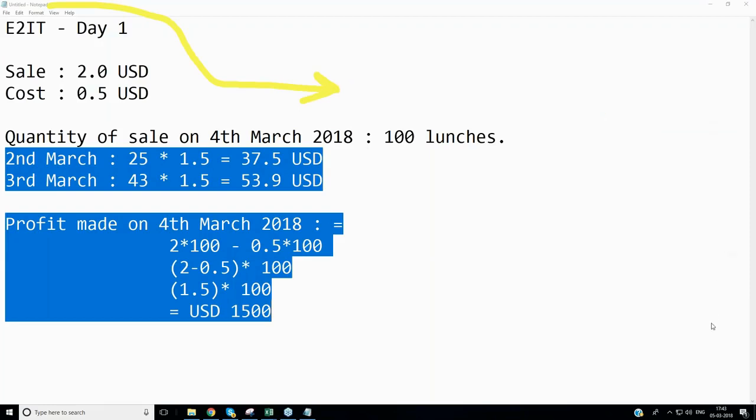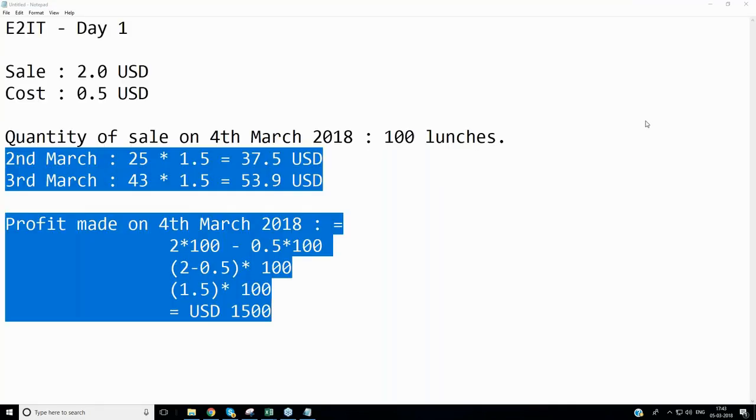Patrick, now from IT team, can you please check the chat messages? It's $150 and not $1,500 USD. One second, I'll check it out. 1.5 into 100 is 150 USD. I'll check. Let's see, team, where did I make a mistake?